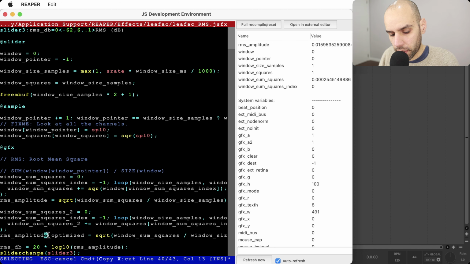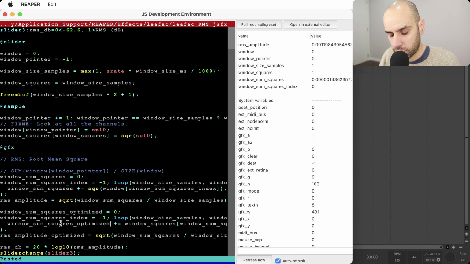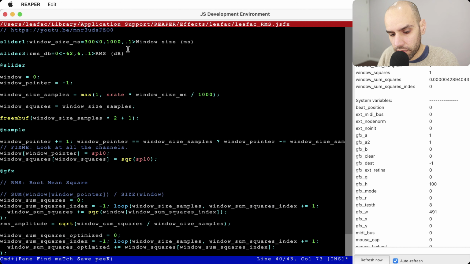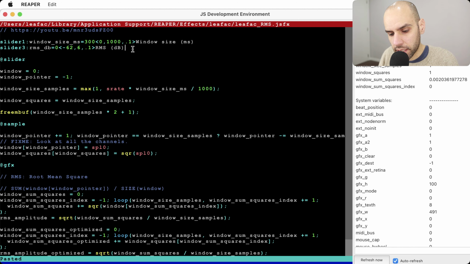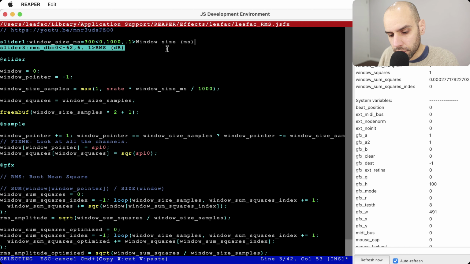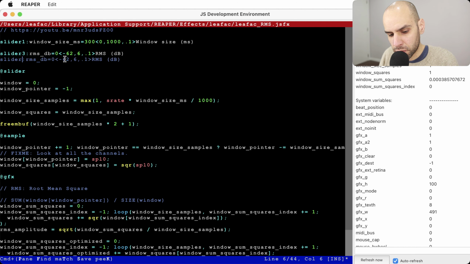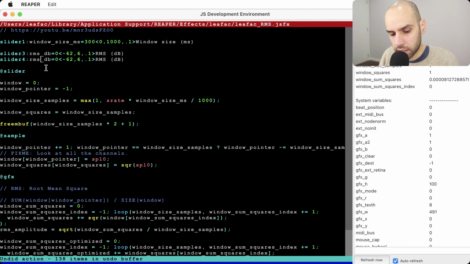optimized. Oh, so yeah, why not we call this all optimized instead of 2 optimize? I think it's more meaningful this way. It makes more sense. So now we are looking at the RMS optimized as well. So I think we should have another slider to show that value. So we have already a value here, a slider for RMS. Let's have another slider. It will be slider 4, RMS optimized